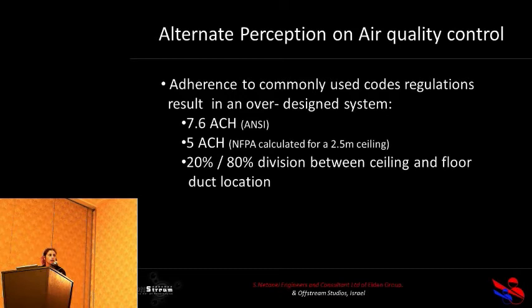Regarding the air quality control ventilation for daily use in underground parking garages, the reason we need to look at a different way of providing proof of sufficient ventilation in underground spaces is that most of the regulations state a specific amount of air extraction from the premises in order to prove that you have taken out most of the carbon monoxide to go under the levels of toxicity. So